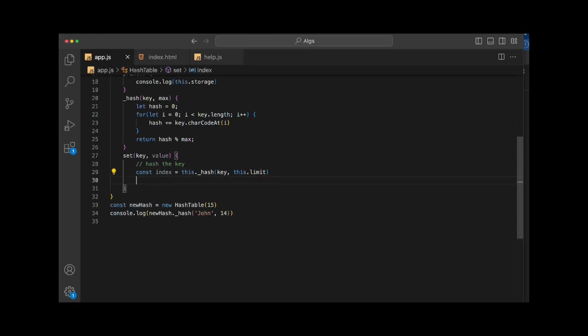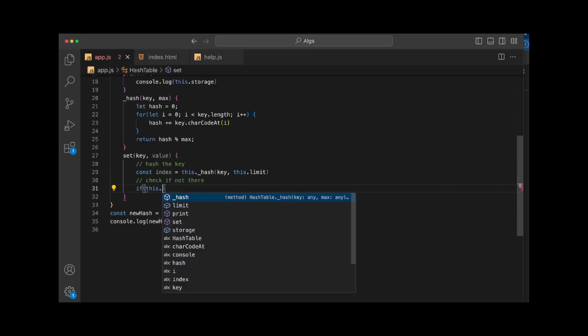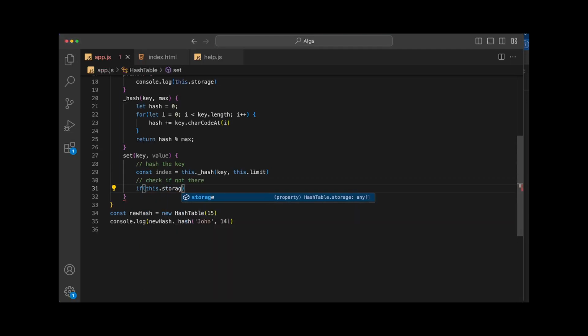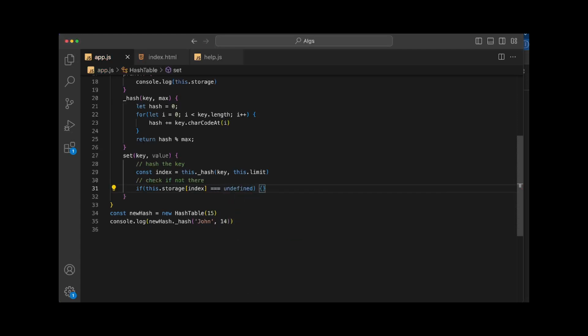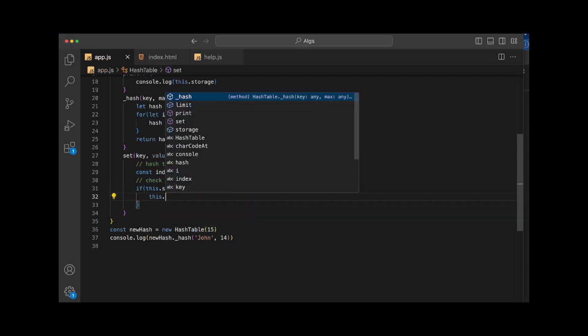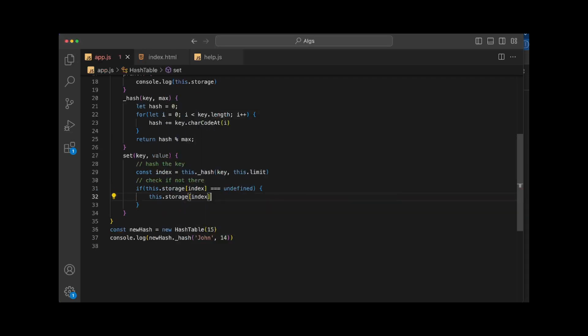And now check if not there. Basically, if the key value pair is not in the array, we check if this.storage in the position of index, that we've created, is not there, which means if it's equal to undefined, what we do, we create this.storage[index] equal to key value. Else,